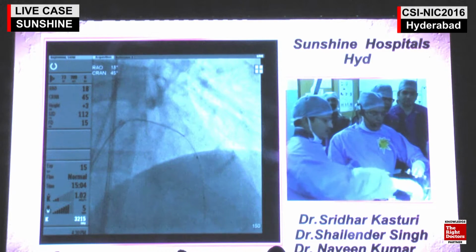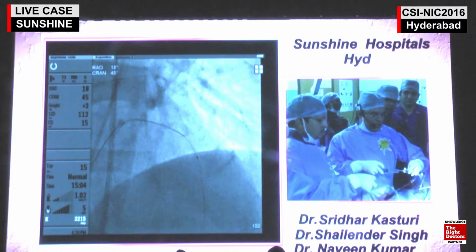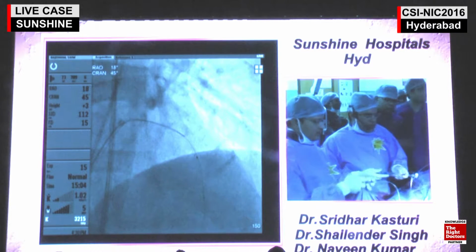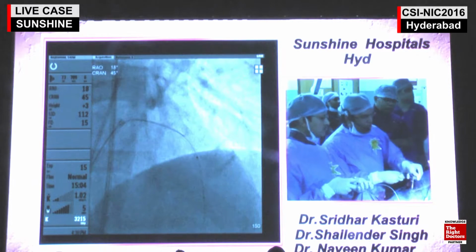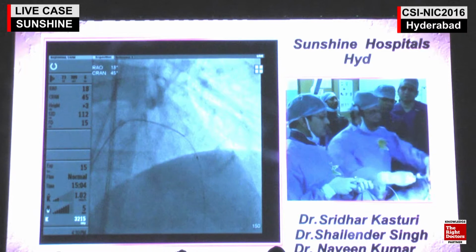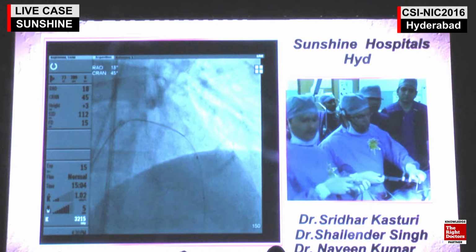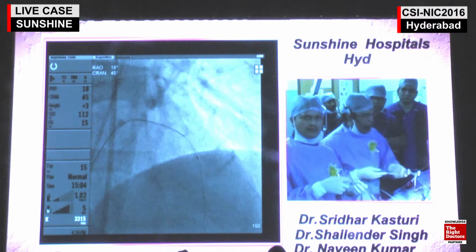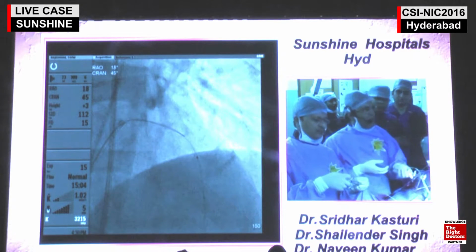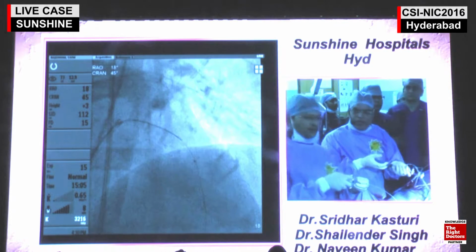Now we will take the post-dilatation OCT run to see how is the apposition. Most of the time the strut fracture will not be seen on routine angio. So that is the reason I feel it's mandatory, when you go with high pressures, to run OCT for BVS strut fracture. Now, okay, ready for injection?